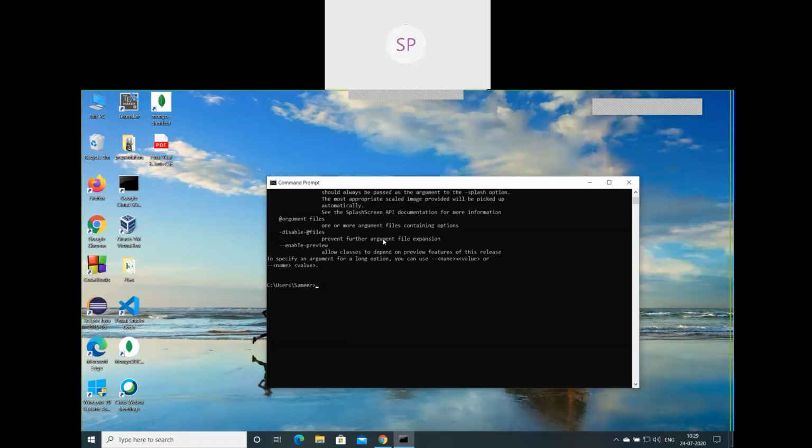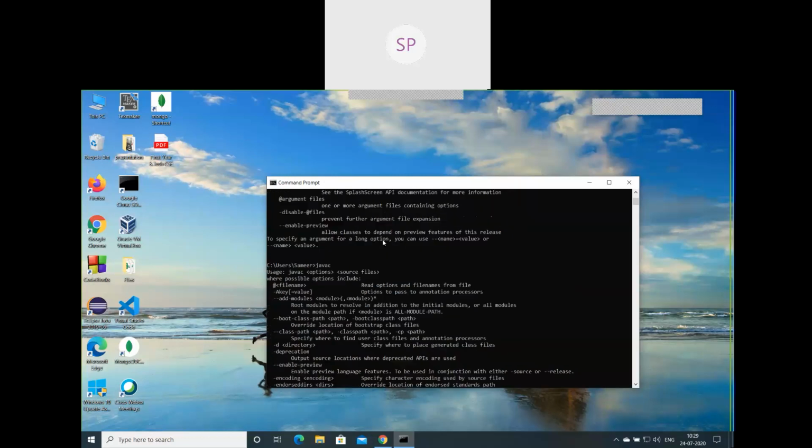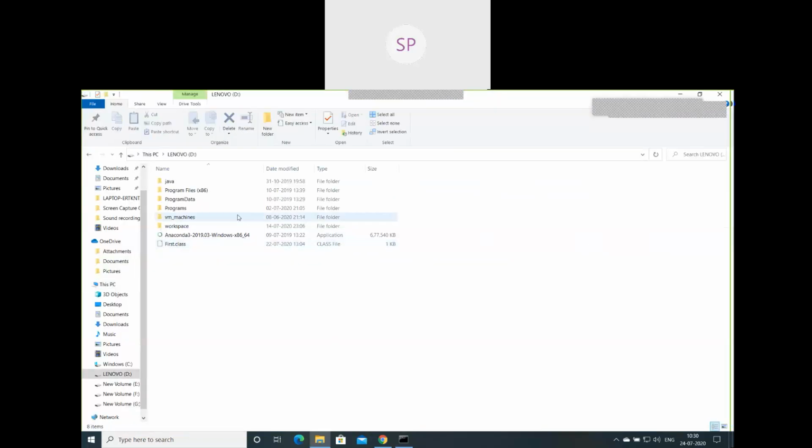And once the JDK is installed, if you type javac right now you're going to see the output, but initially you won't see this output. The command prompt will say we can't locate it, we don't know what javac is. It will give an error: javac is not recognized as an internal or external command. Why is this so? javac is installed in some folder which is not added in your environment path variable, whereas JRE is added. So what we have to do is open up the computer, go to the folder where